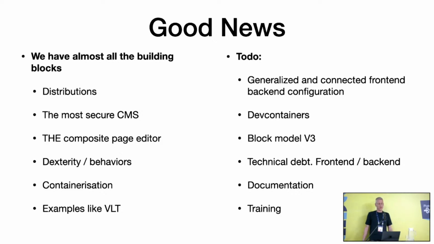But still, to do. This is what I'm going to talk about in the end also. I really think we should have a generalized and connected front-end and back-end configuration. Because now you configure a lot of stuff in the back-end, you configure a lot of stuff in the front-end, in the index config TS, in add-ons that also add to the config TS, but they're two worlds. And what I realized is that if you put the information architecture in between and you start to analyze what the customer wants, what you want to show visitors and how they navigate through the site, then those two configuration worlds actually have a lot of parallels and are interconnected.